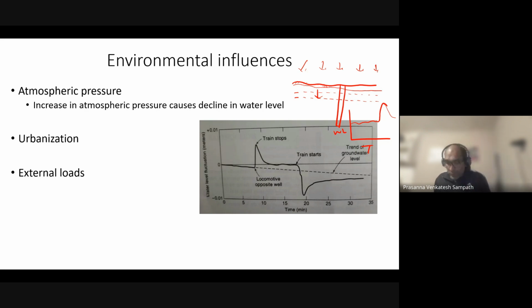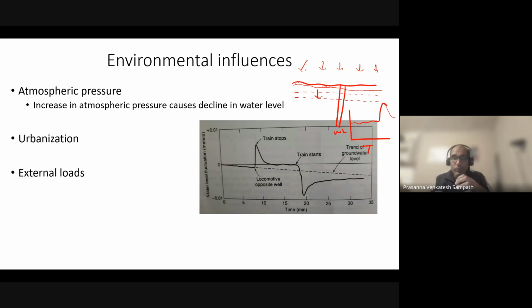Remember, we spoke about how in a confined aquifer, there is the combination of the intergranular stress in the soil matrix and the pressure of water, right? So when this external load, when a train arrives at a particular location, it is increasing the total stress acting on that confined aquifer, right? Now that has to be compensated with